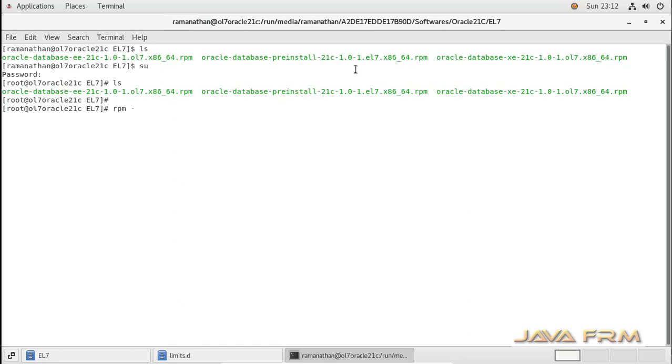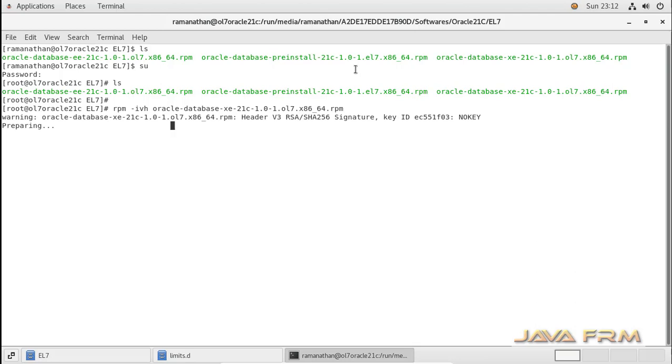Let me install the Oracle Database XE 21c RPM. This will take some time, please be patient. It will install the Oracle software and configure a default database called XE, create one pluggable database XEPDB1, and configure Oracle Enterprise Manager.